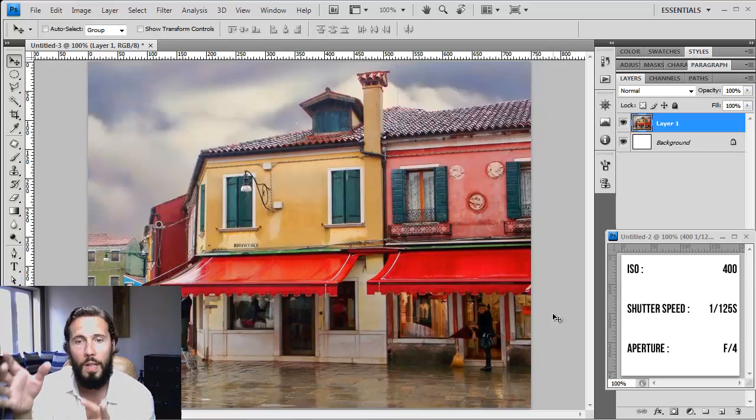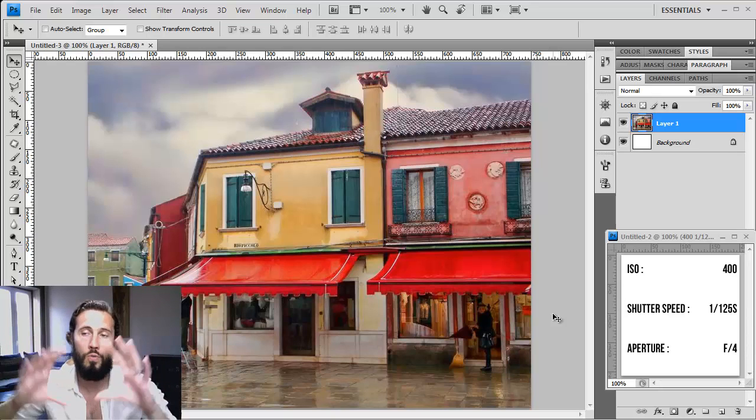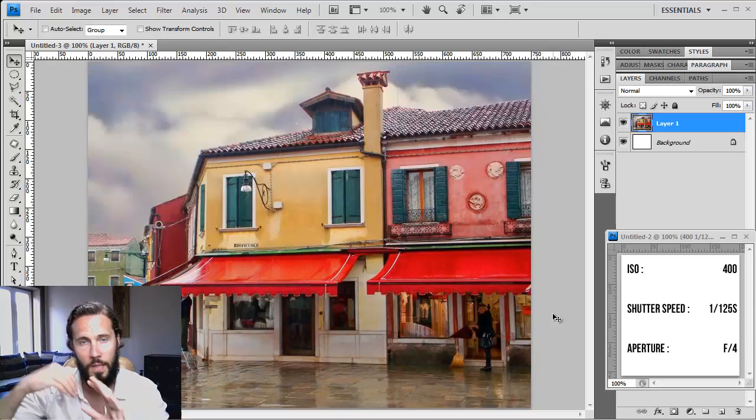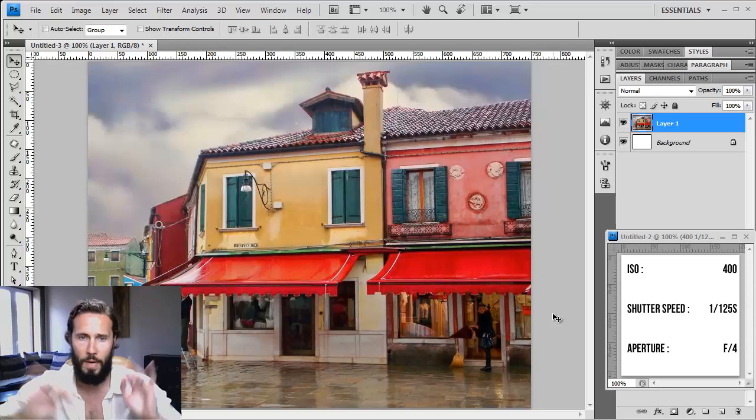At f4, this is what I call an isolating aperture. It's the singular theme aperture, okay? It's when you only have one subject and you want to distinguish it from your background. You choose a very wide aperture in order to have only that in sharp focus and the rest off into a blur. If you want everything from foreground to background in perfectly sharp focus, I would suggest f22 or f16,